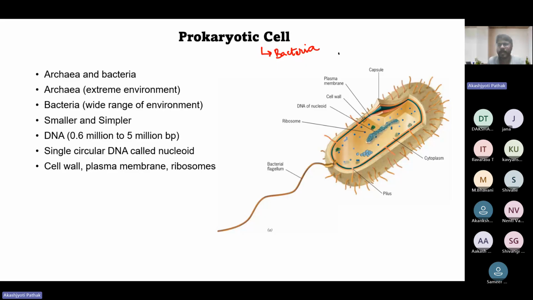So you can see that bacteria will have a cell wall, and then inner to the cell wall it has a plasma membrane, and then inner to the plasma membrane, there is the cytosol, and in the cytosol, different other structures like ribosomes. There are no membrane-bound organelles in prokaryotes, but certain structures like ribosomes and nucleoid. We do not call it nucleus because nucleus must have a nuclear membrane, double-layered nuclear membrane,